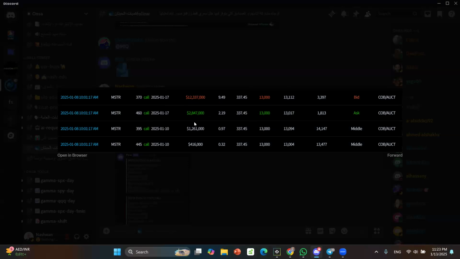This is a very unique amount. You can't find it every time. And this amount caused the gamma and the option breakdown of the chart. This is what actually happened. So we've got $12 million